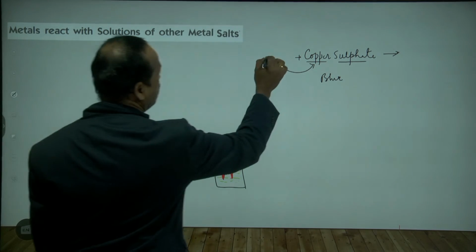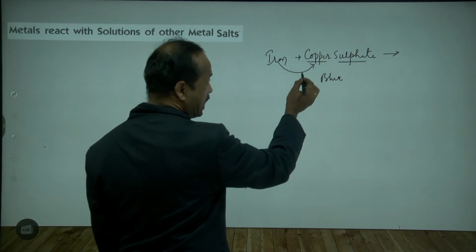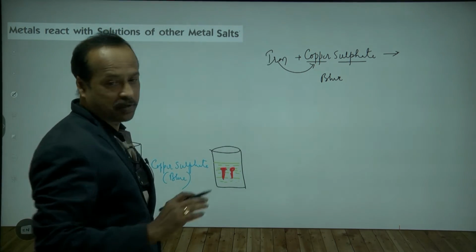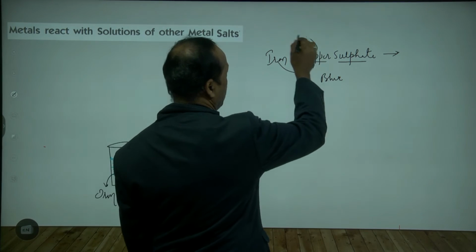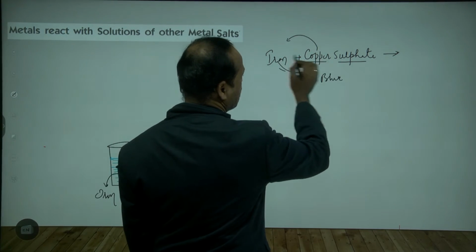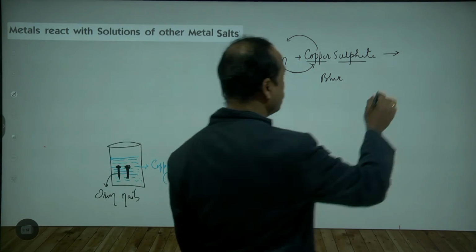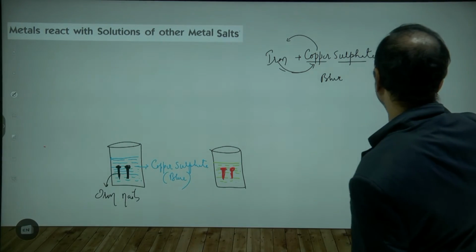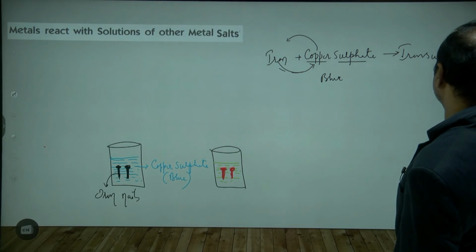Okay, I'll take iron. So now what happens? This iron displaces the copper, which means it removes the copper from that place and occupies its place. Now copper sulfate becomes what? Iron sulfate. So iron sulfate is formed,